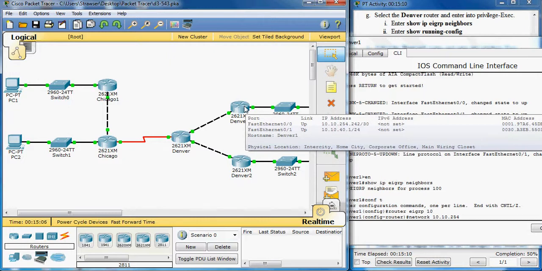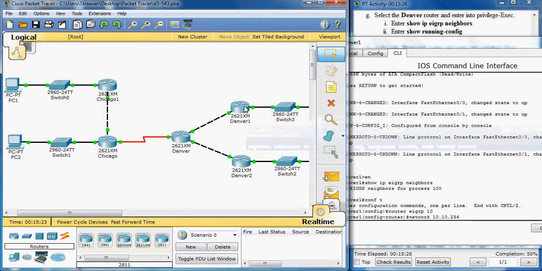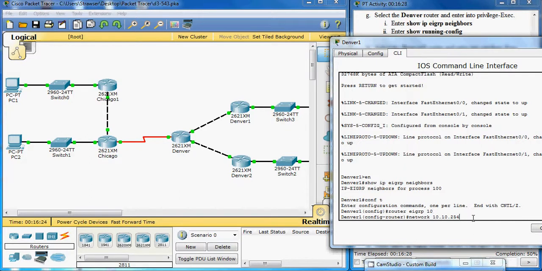If there's going to be 4 in each set, that means it goes from 41 to 45, 42, okay, yes, 10.10.254.241, wildcard mask,